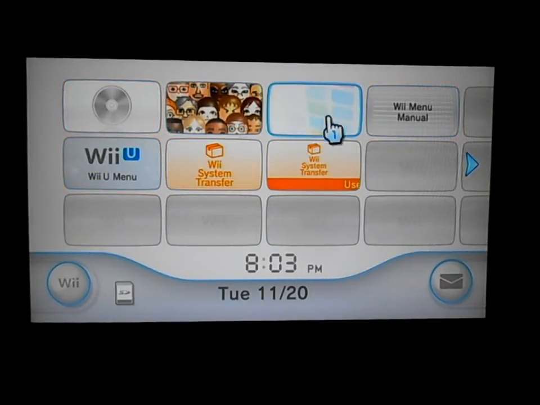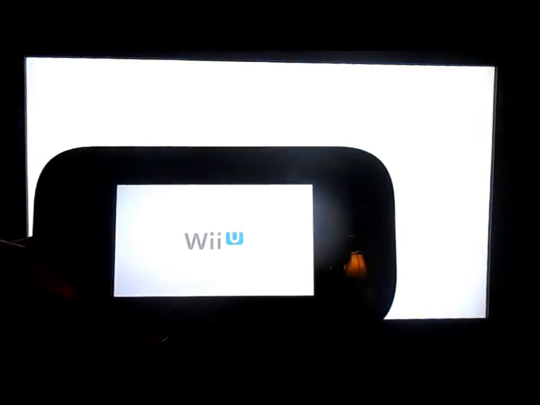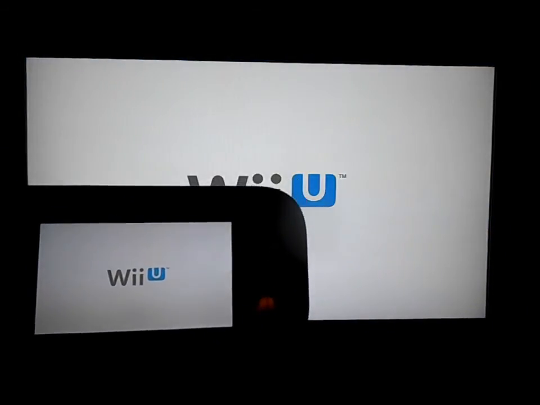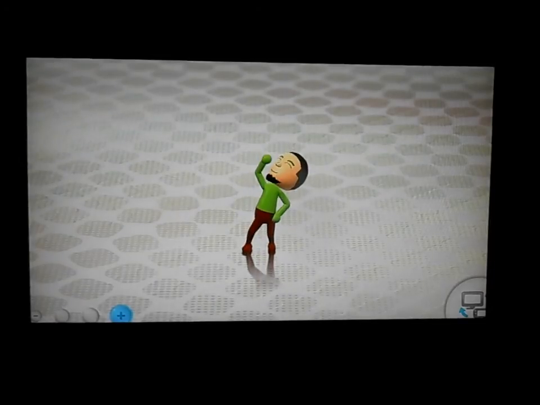So if you boot into this and you want to go back to the Wii U, you just hit this option right here, Return to Wii U Menu, select start, and it will boot off the system again, and it should all boot back up. Just a second here, and you should boot back into the system. Now you can see on the gamepad that it's booting up, and on the TV that it's booting up. So once this finishes booting up, you'll be back to the Wii U system menu. Let's see if it finishes up here. It shouldn't take too long. There we go. There's me,